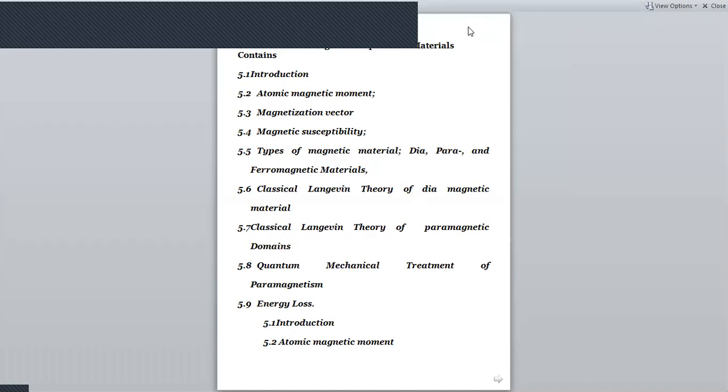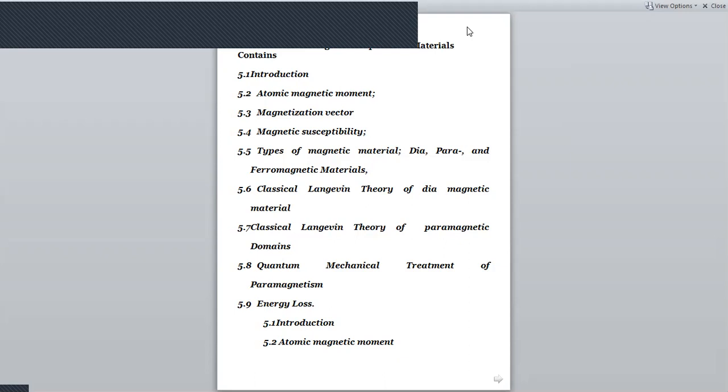In this video, we are learning unit number 5, magnetic properties of the material. The contents of the topic are introduction, atomic magnetic moment, magnetization vector, magnetic susceptibility, types of magnetic material: dia, para, and ferromagnetic material,